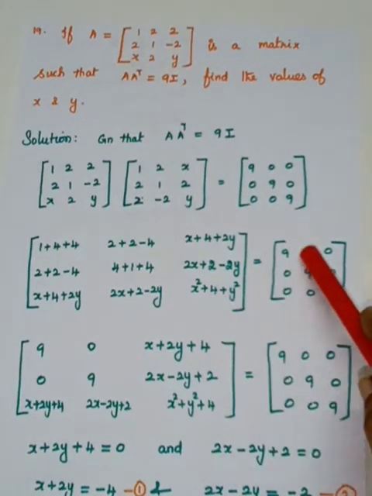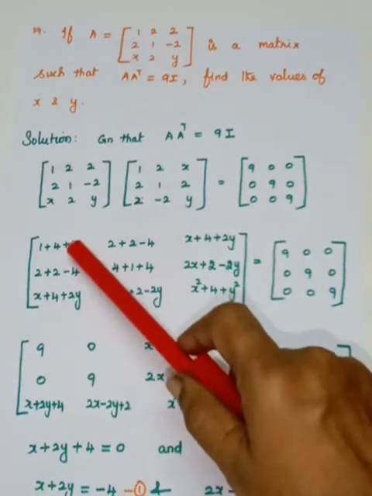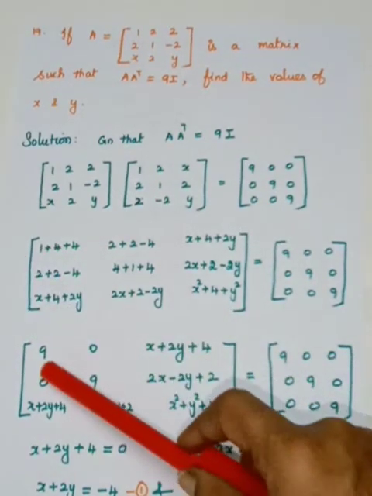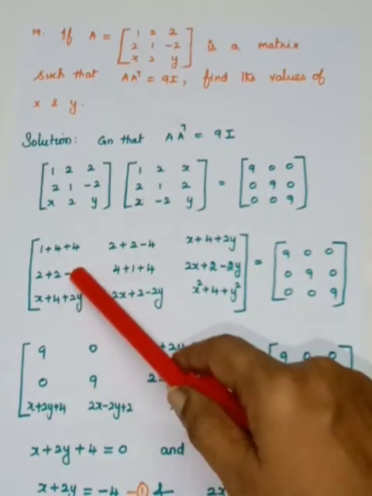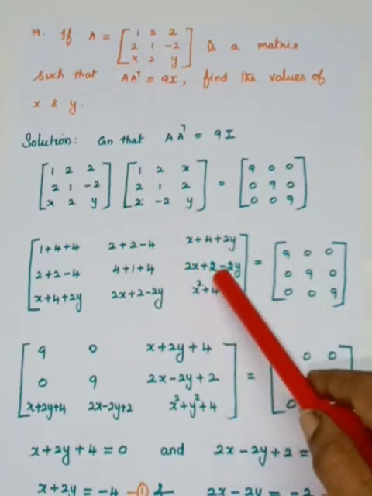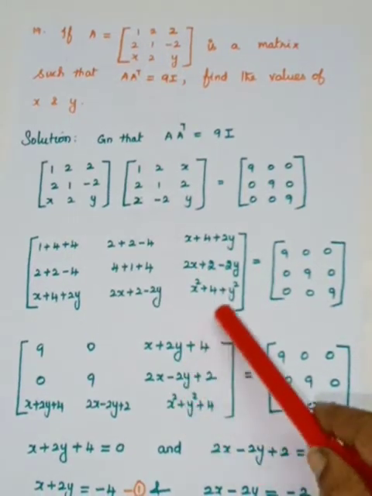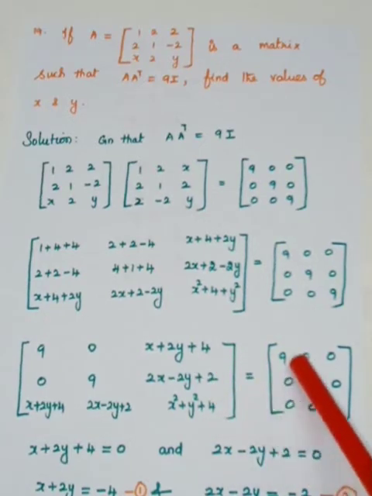Okay, which is equal to 9, 0, 0, 0, 9, 0, 0, 0, 9. You have to simplify. 4 plus 4 plus 1 is 9. 2 plus 2 is 4. 4 minus 4 is 0. Here also you will have 0. 4 plus 4 plus 1 is 9. So here you will get this answer. Okay, if you simplify, the x term, y term and the constant term are written, equal to 9, 0, 0, 0, 9, 0,